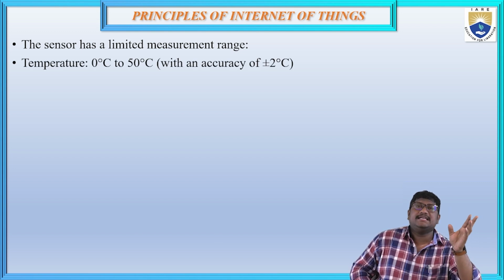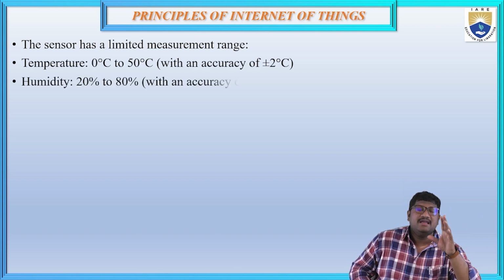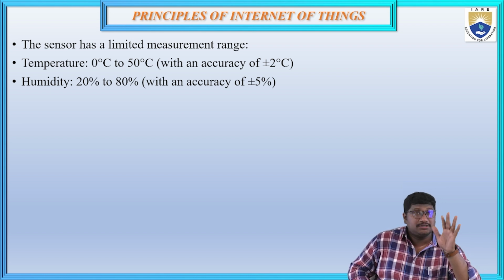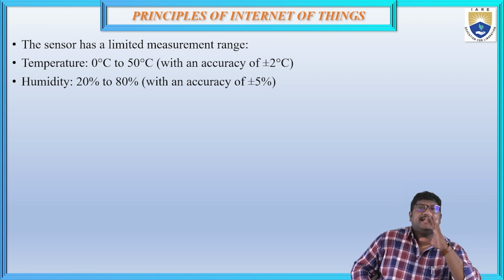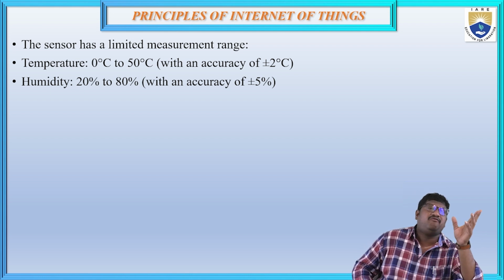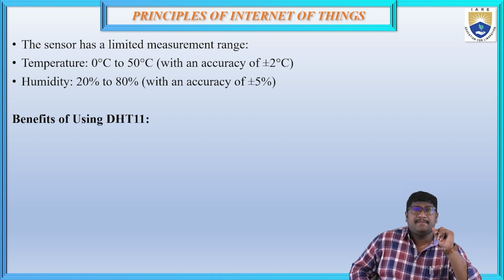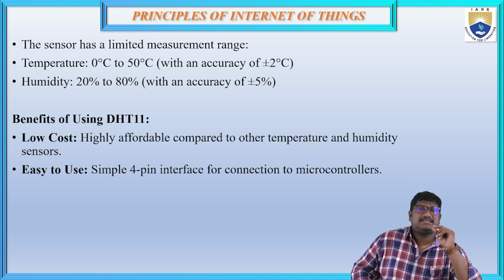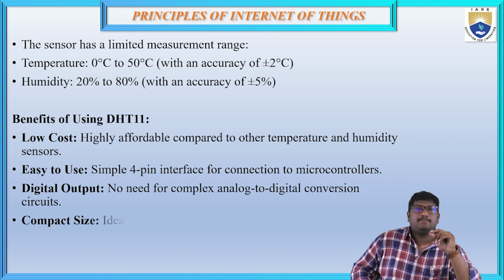Temperature 0 degrees to 50 degrees Celsius only, with an accuracy of plus or minus 2 degrees centigrade. Coming to humidity, 20% to 80% only it can sense, with an accuracy of plus or minus 5%. And coming to the benefits, by using DHT11, we are going to get low cost, easy to use, digital output,